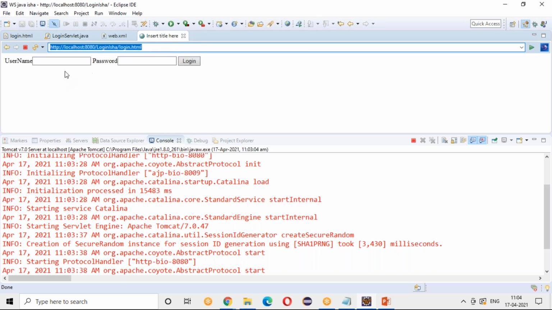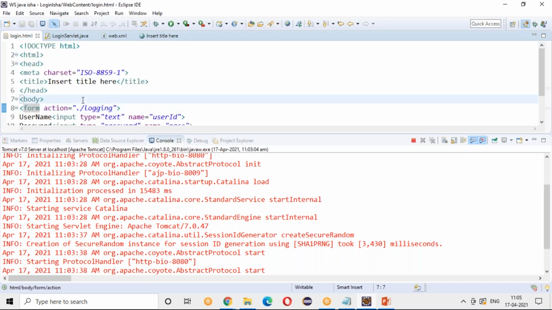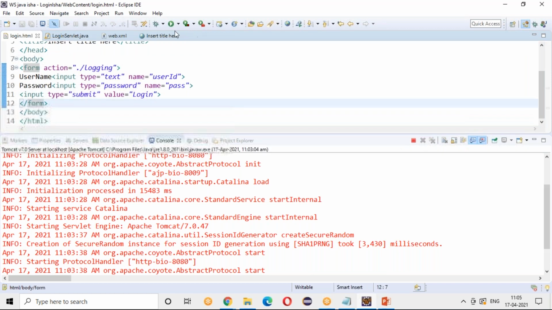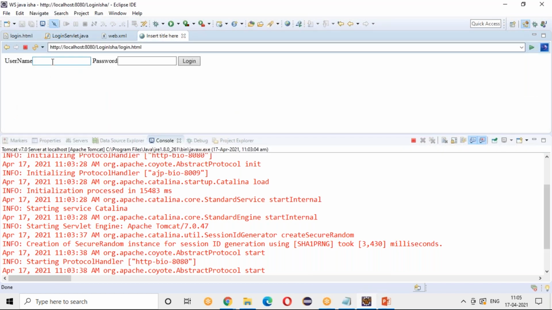So this is how I created it, right? Username, password. I'll enter some name called Raj and password 1 2 3 4 5 6. You see it is encrypted because I have given the type as password, and I click on login.